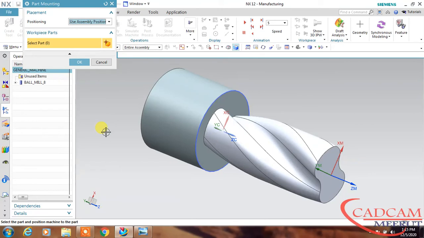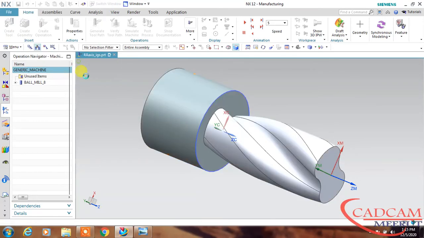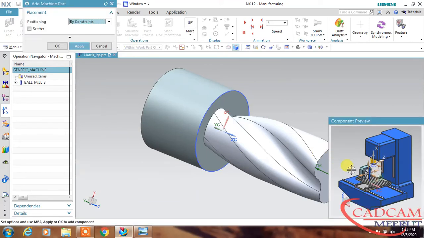And okay, this is my machine. I am using the positioning method as a constraint.